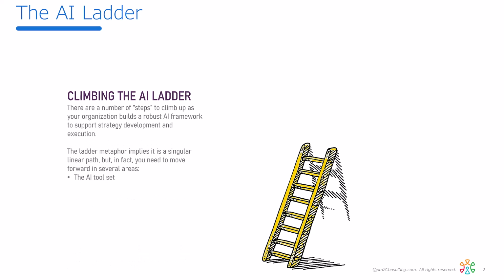You need to worry about what is the AI tool set you're using. You got to get your own data in it. You have to develop your own network of connections, what we call the nexus. And you also have to begin getting near real-time data. So those are several different buckets. I'm doing a ladder that looks like a linear, but it's not. It's a bunch of different things we need to optimize.